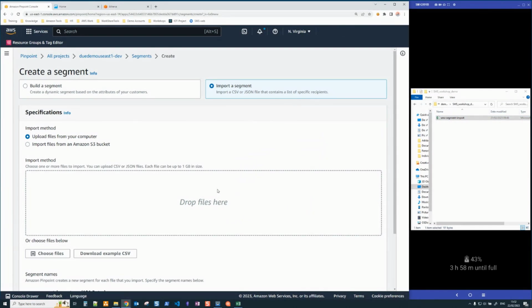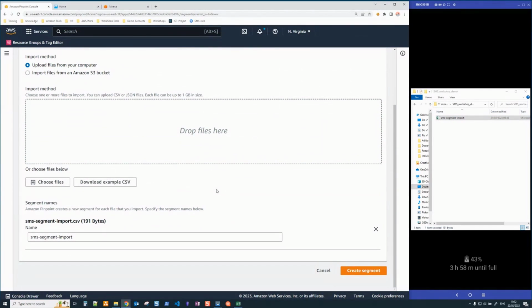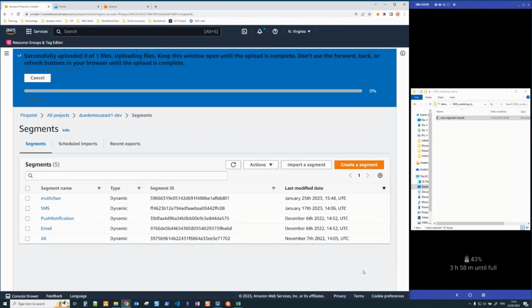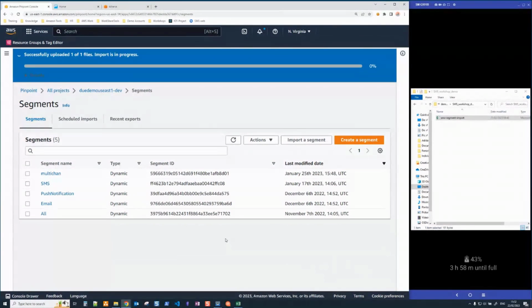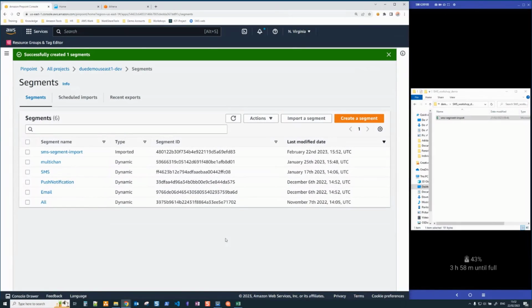We just simply drag and drop the CSV file we've seen a moment ago. The name is being picked out automatically from the CSV name, but you can change it. And we click Create. That should take a couple of seconds, and we should see a success message, as we can see here. And that is our segment.